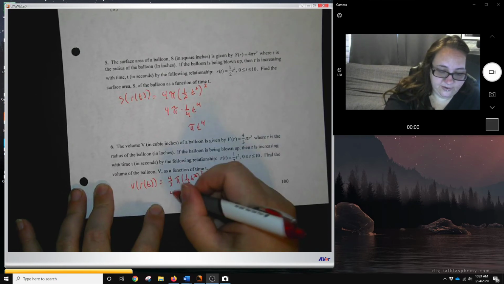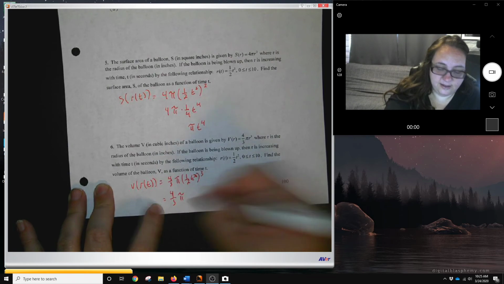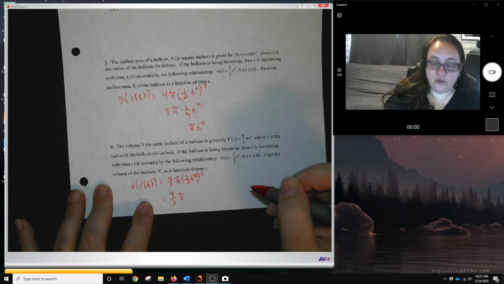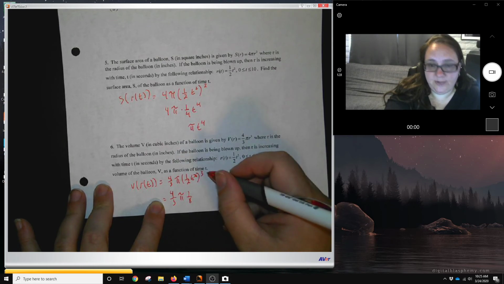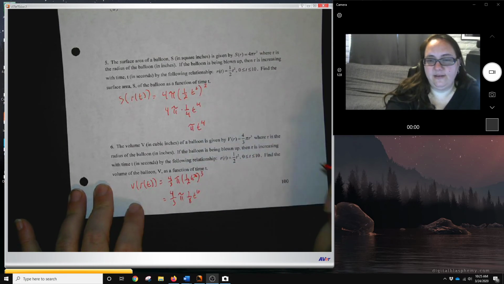So that's going to be 4/3 pi. 1/2 cubed is 1/8. T squared cubed is t to the 6th,